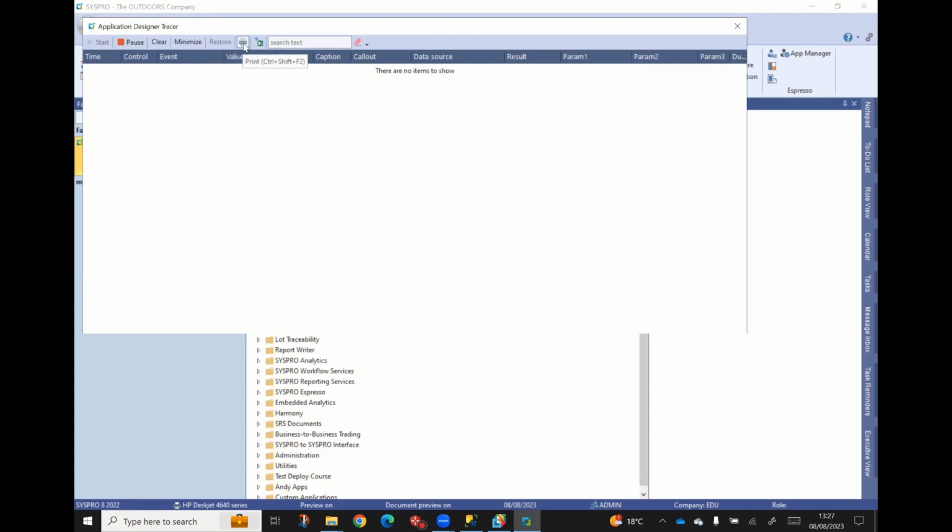We can print the contents of the list view. You can export the list view to an Excel spreadsheet. And these are quite useful for support people. If you are running the tracer on a customer site, it's really quite useful to say, run the tracer, run the app, send us the output, and we can have a quick look at what we're seeing. So they're the basic